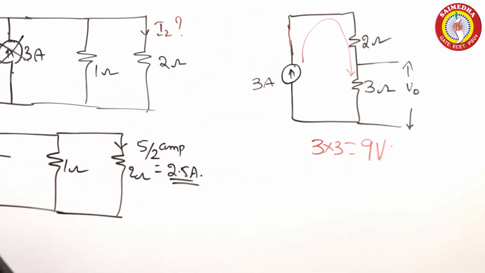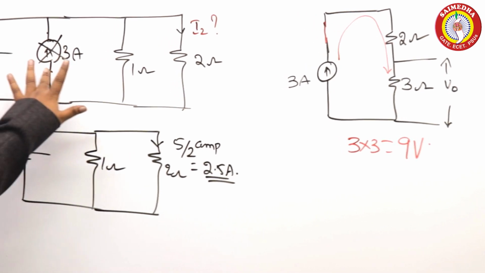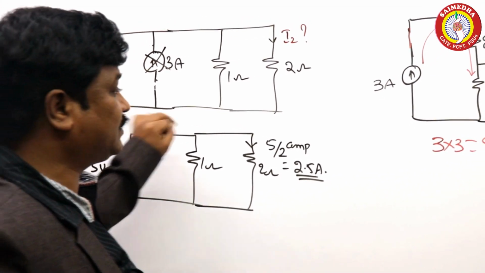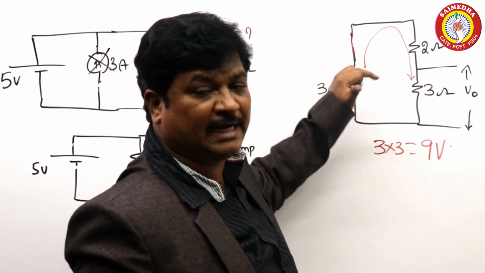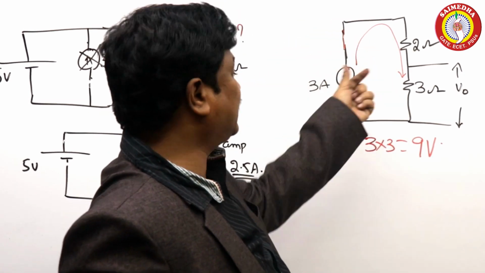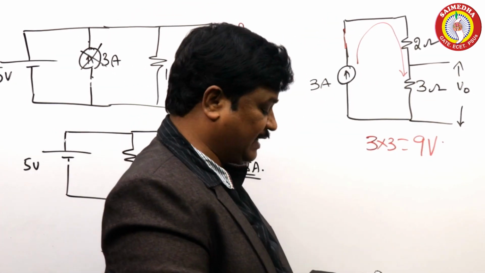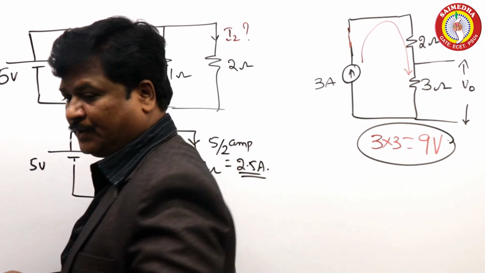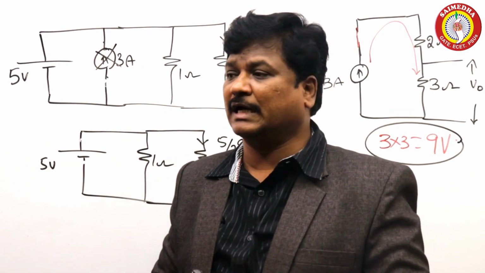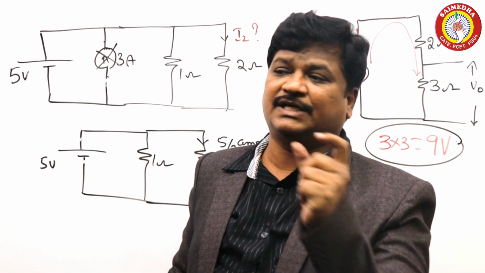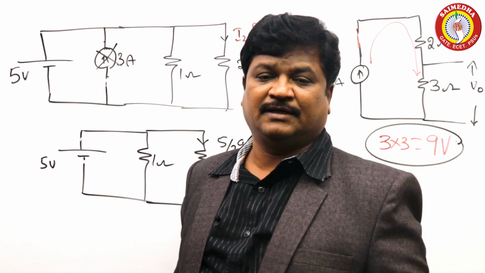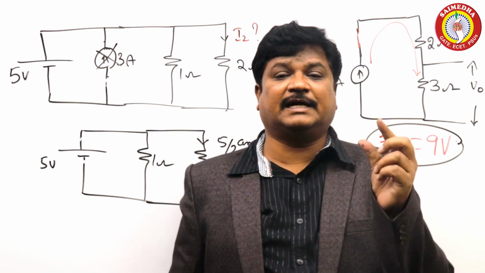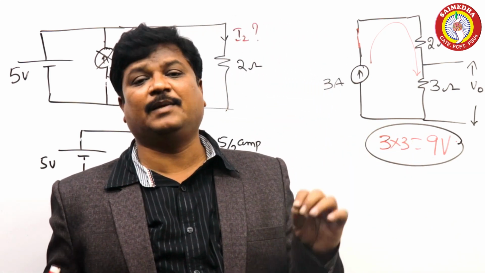What are the examples given to you? A voltage source in parallel with a current source, both ideal: the resultant, we take only the voltage source. A voltage source and current source, ideal, connected in series: the resultant, we take only the current source. Like that we can calculate the voltage. Take these two points. If ideal voltage and current sources are connected in parallel, the resultant is only the voltage source effect. When an ideal voltage source and current source are in series, the resultant is only the current source. That is an important conclusion.